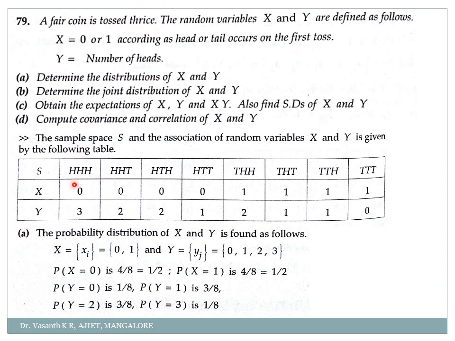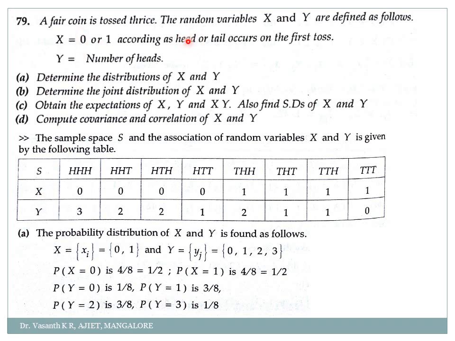I might get all the 3 times as head, correct? One possibility. Another possibility: I might get 2 times head and last option as tail. Or I might get head, tail, head. Or head, tail, tail, or tail, head, head, or head, tail, head, or tail, tail, head, or all the 3 values as tail, tail, tail, correct? These are all the possibilities when I toss a coin 3 times. Now I'll write my x and y. How am I defining x?